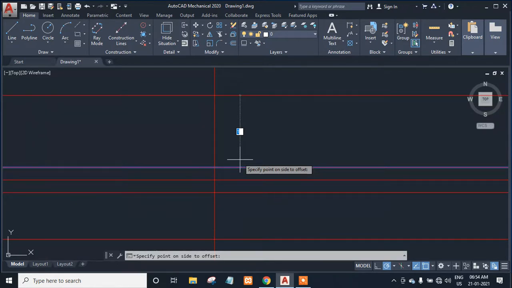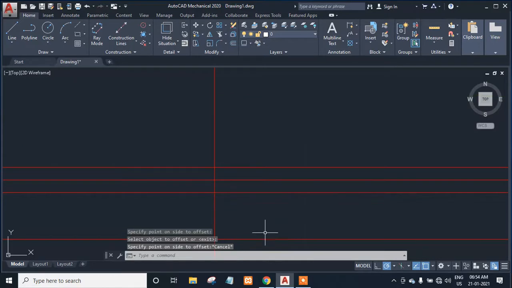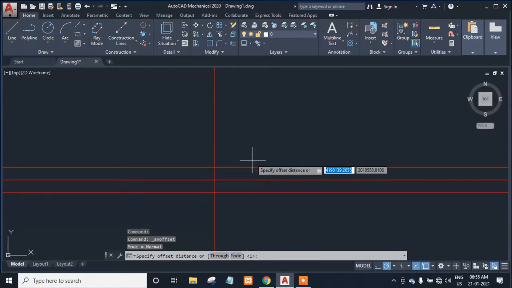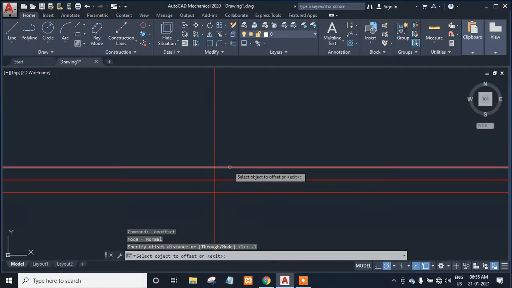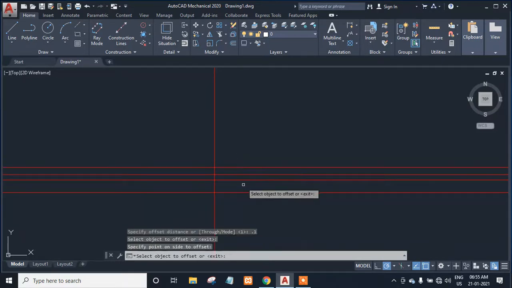Oh, you have to take 0.1 mm, right? I took it wrong, just delete it. Okay, take the command offset and 0.1 mm. Okay, now click on this one here. Now it's correct.